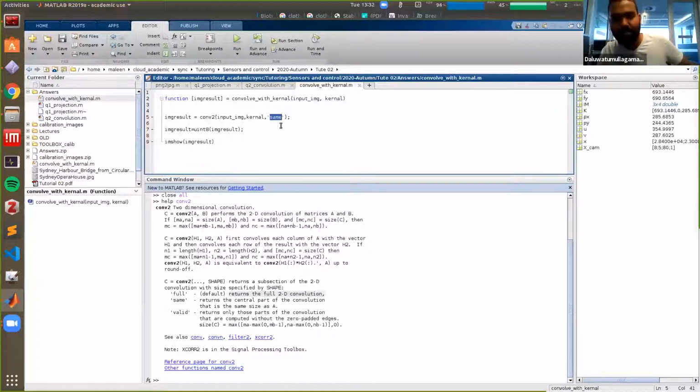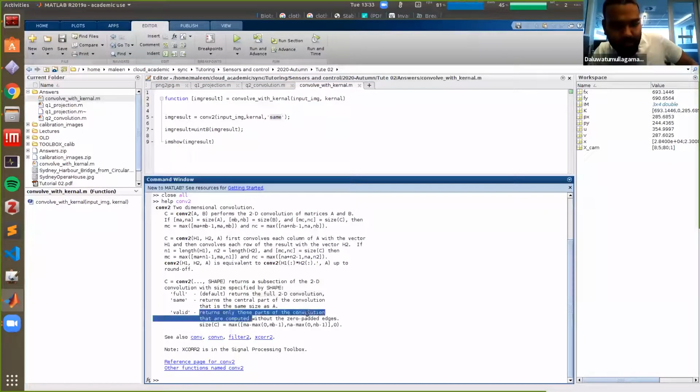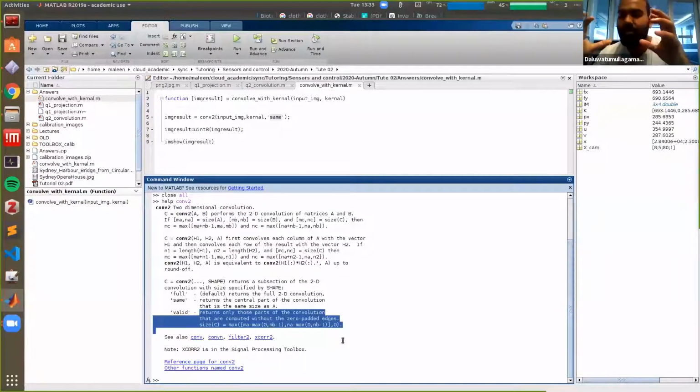So what that does is it returns an output that's the same size as the input image, right? And then valid returns only those parts of the convolution that are computed without the zero padding edges, right? So you don't have to worry about things like padding and stuff like that, right? All you need to know at this stage is convolution